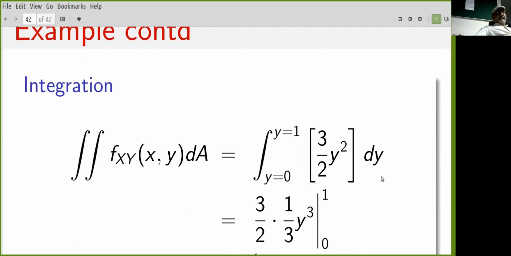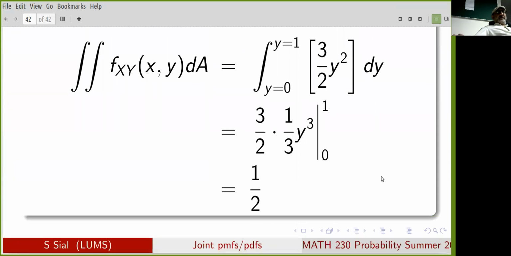Okay. So that's an example of how you calculate a probability using a joint PDF. You have to be able to do double integrals. If you have an issue doing double integrals, as you would do in, say, Calculus 2,